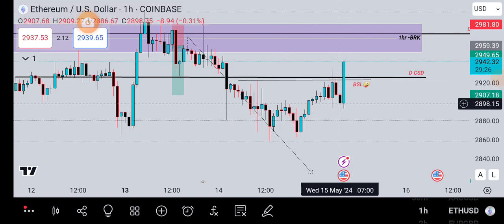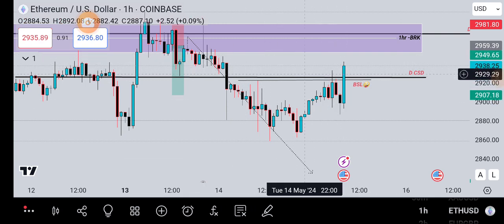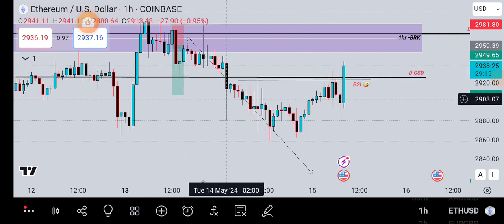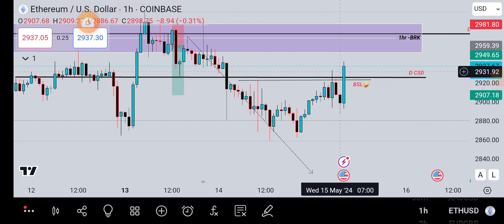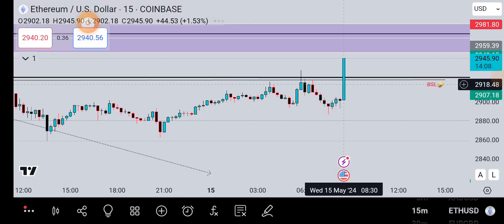So news can push higher because it's CPI. We can push higher, maybe clear the liquidities that have been engineered above this, then later on we can see a move lower. So news for now has rallied higher, and now moving to the lower time frames, which is the 15 minutes,